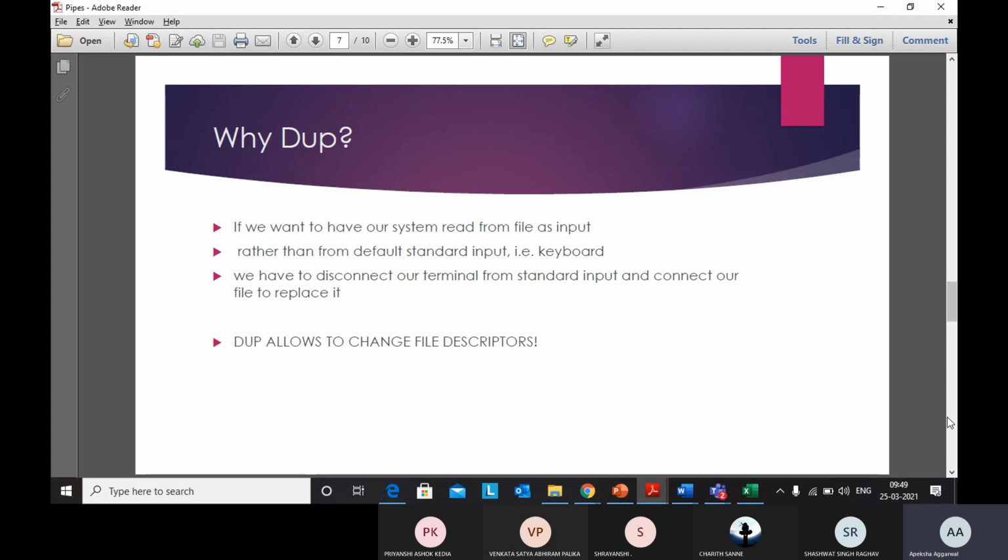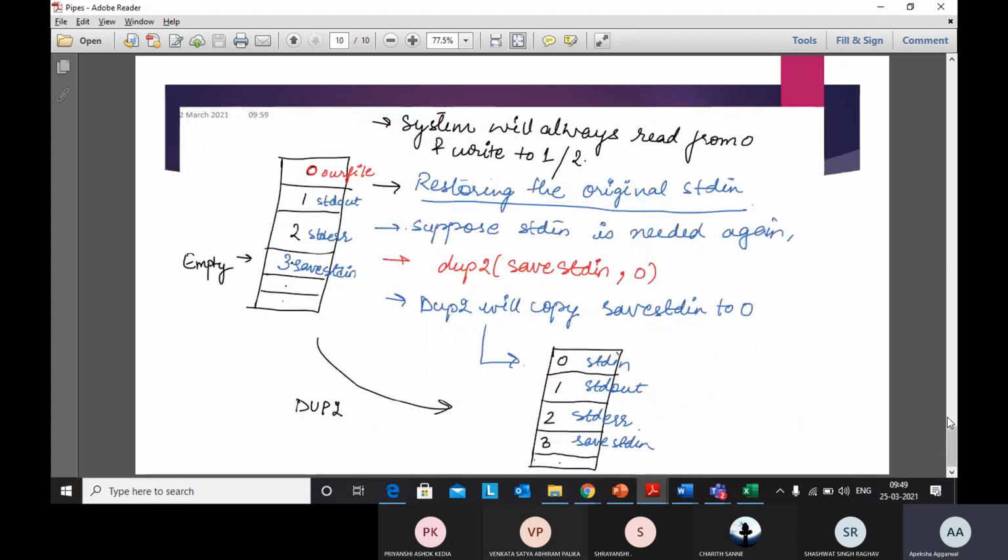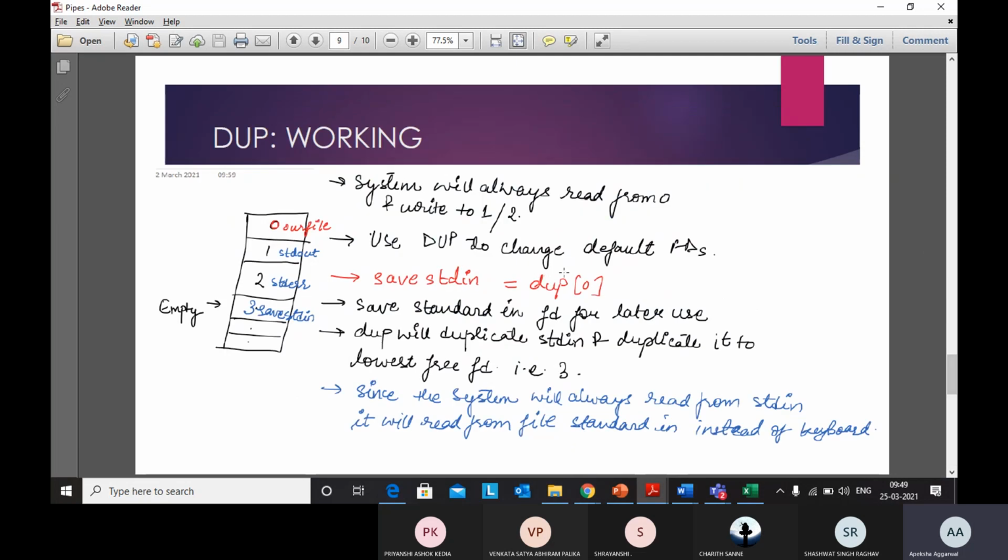Now there is the dup2 system call. In dup2 you have seen, you also tell which file descriptor, 0, 1, 2, 3, 4, 5, you want, along with the file descriptor that you want to change. So old file descriptor as well as new file descriptor. You pass two values. In dup you just pass one value, the file descriptor you want to change, and you don't tell it whether to change to 3, 4 or 5.